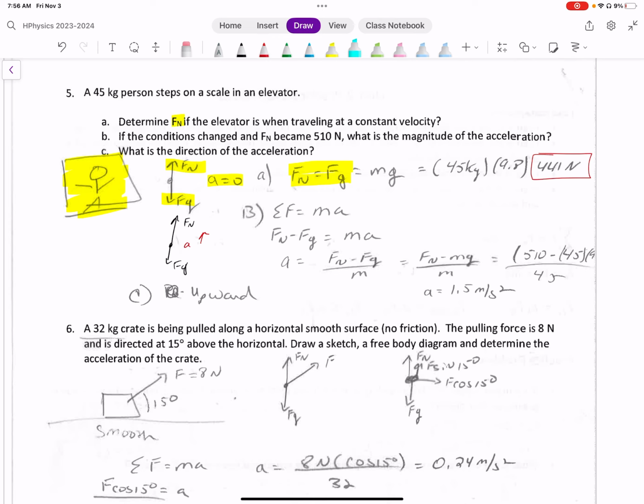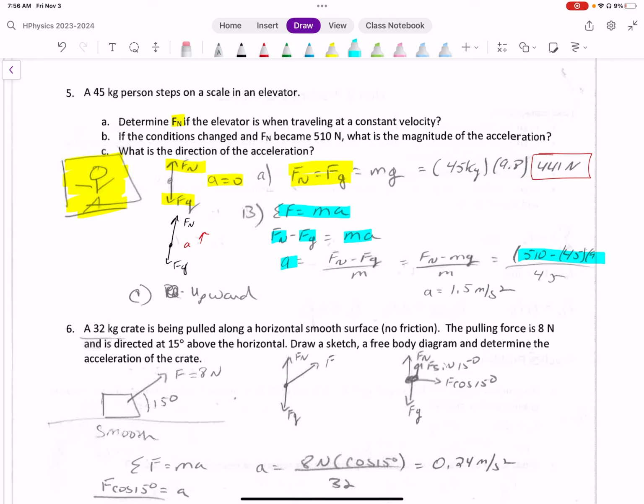Sum the forces in the y direction. There's two forces, one in the positive, one in the negative. That equals mass times the acceleration in the y direction. Rearrange and solve for a. Plug in the values that were given to you, which was 510